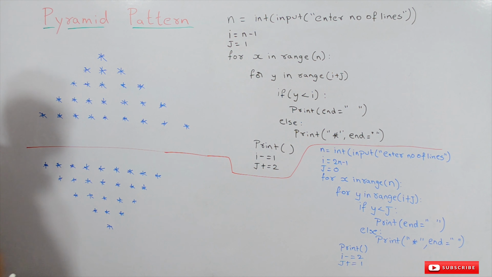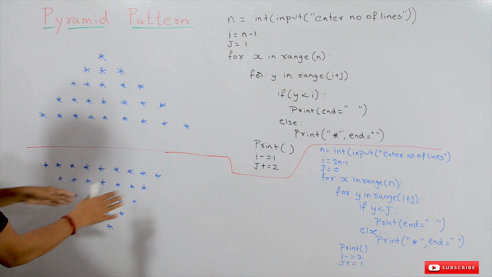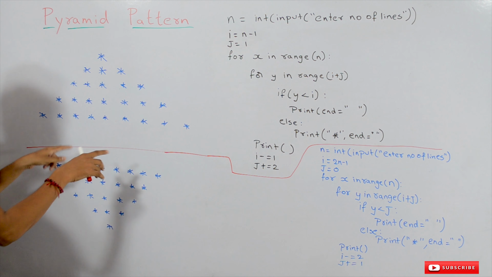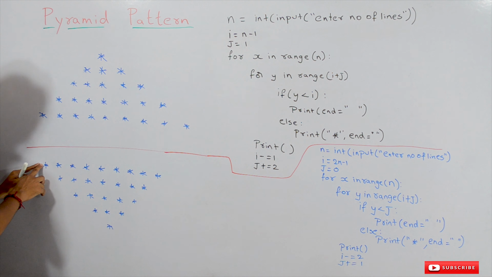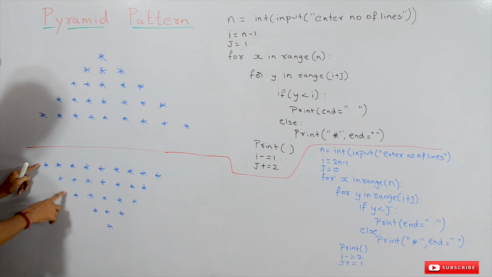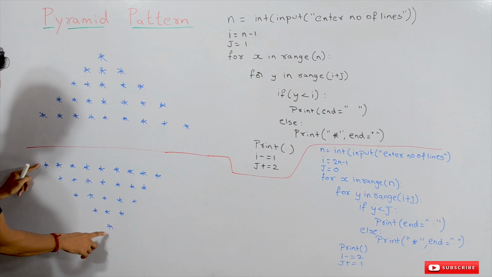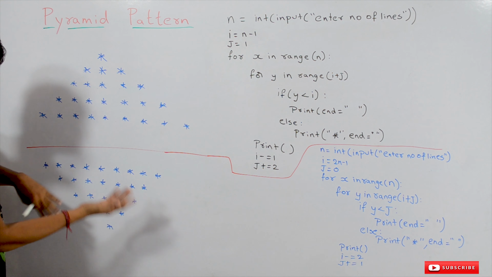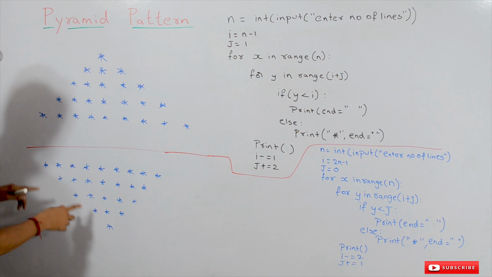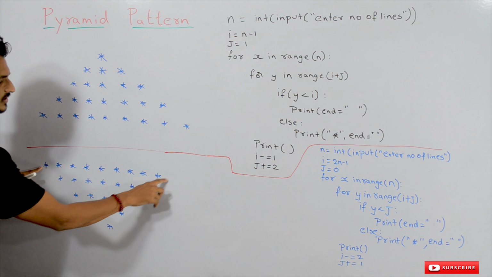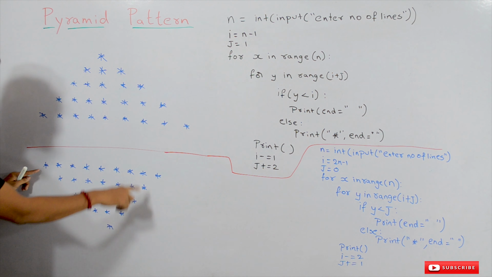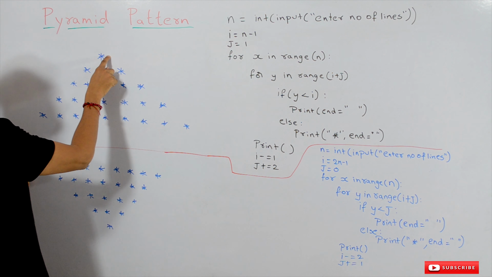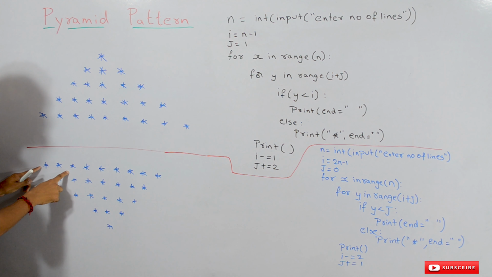The second problem is exactly the same but the opposite of the pyramid. We have to construct the reverse pyramid. So what we have to do here: initially no space, 1 space, 2 spaces, 3 spaces, 4 spaces. Exactly the opposite. And initially, how many stars are required? This is the logic we have to identify here in the reverse pyramid.